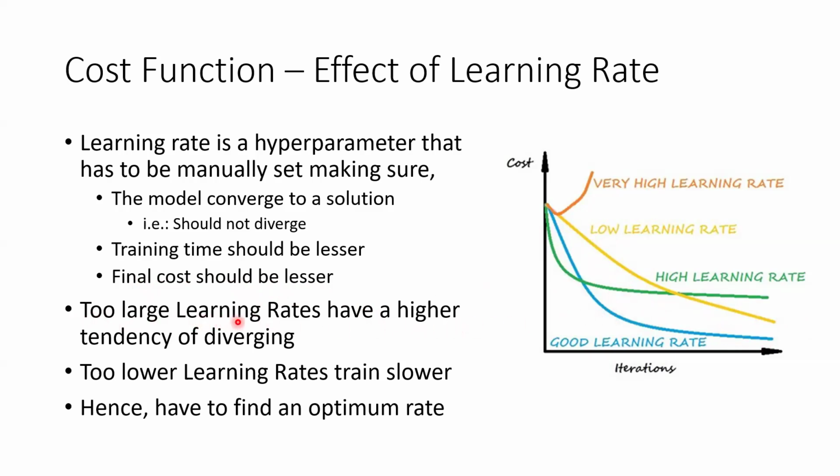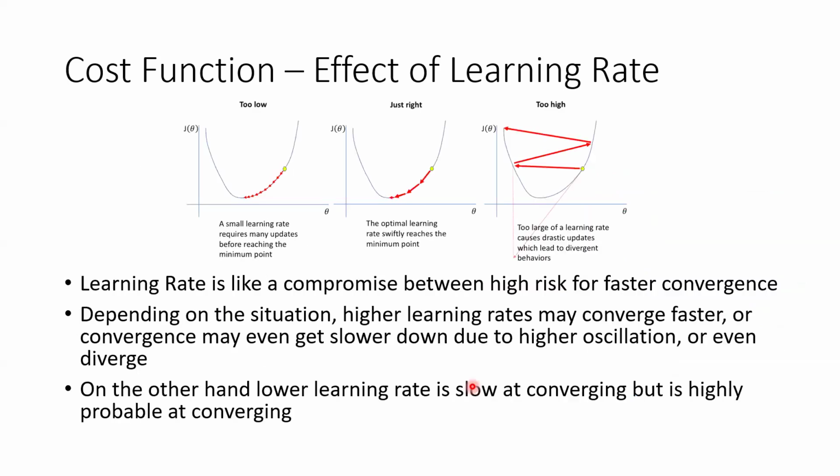Too large learning rates have a higher tendency for diverging, and too low learning rates train slower, right? So we have to find the optimum learning rate, and this is how it happens. If it is a very low learning rate, it would take a lot of steps to come to the optimum point. If it is a very large learning rate, because this reduction is very large, it would move from here to here, not to the optimum point, but even passing the optimum point